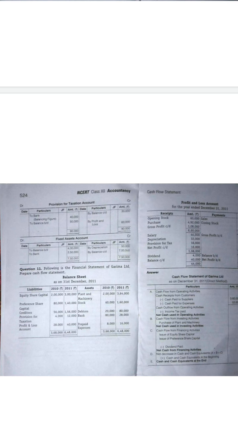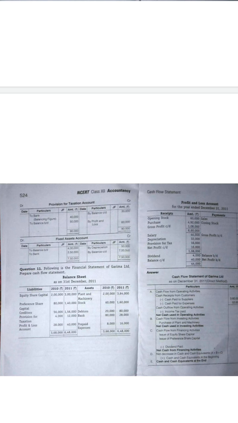Don't be confused. If there are 2 or 3 fixed assets, confusion will arise as to which asset this depreciation amount will be allotted. But here there is only one fixed asset, so depreciation of 50,000 will be allotted only to the fixed asset. So now we have to prepare the fixed asset account. Fixed asset is an asset, so it is a debit balance. So the opening balance will be on the debit side, and the closing balance on the credit side.